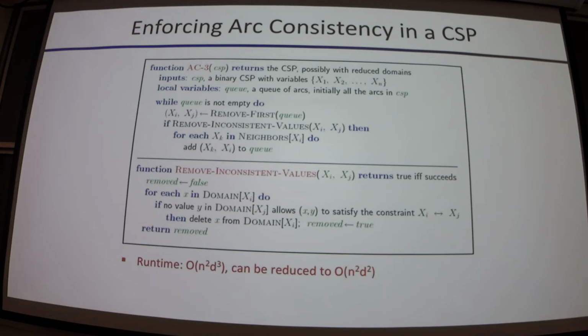So there is a question: is this computation worth it? The answer is usually. Now, these are NP-hard problems, so you can't say it works every time. That's the problem. But almost always this is going to work really well, or it's going to be worth the computation. So these two functions are thrown into the backtracking search function, so this is happening after every variable assignment, in that order.